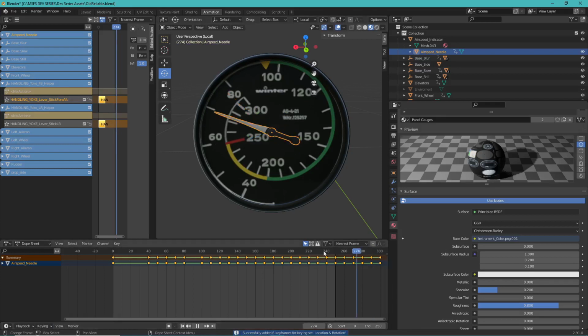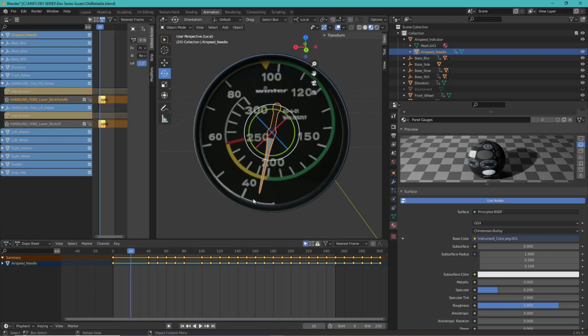Okay, so now we have all of our notches from 0 to 40 and then all the way to 300 set. So they should be animating correctly. As you can see here, let's look at keyframe 20, and 20 is smack dab in the middle between 0 and 40. It actually is working, and the reason for that is because between all of these keyframes we have that linear